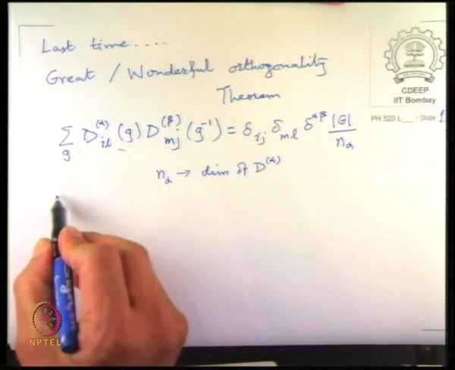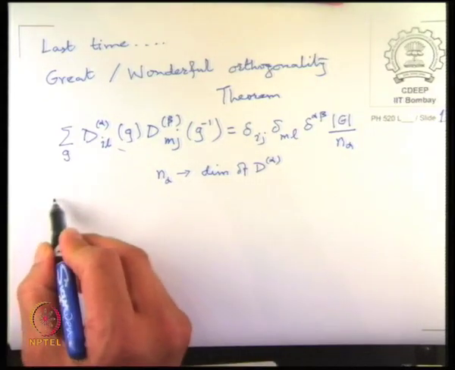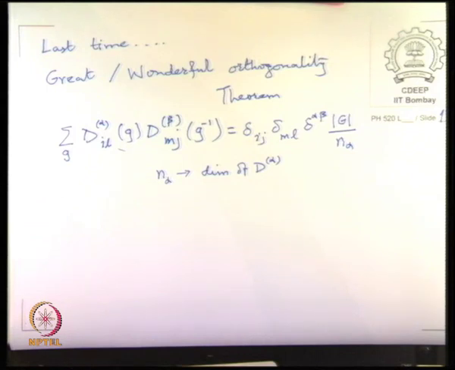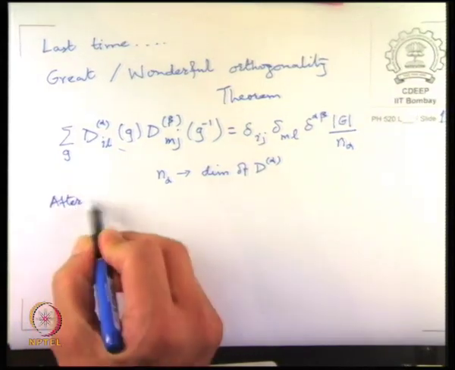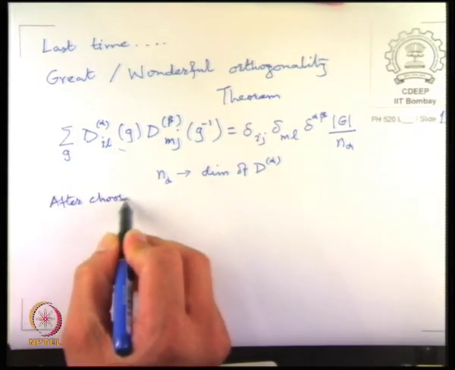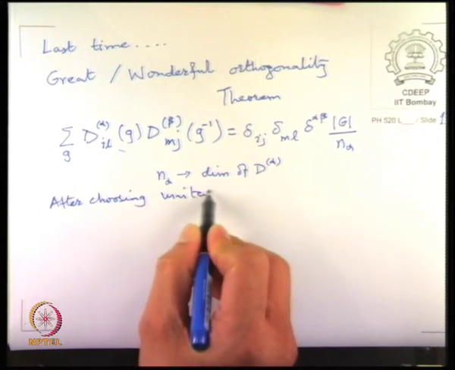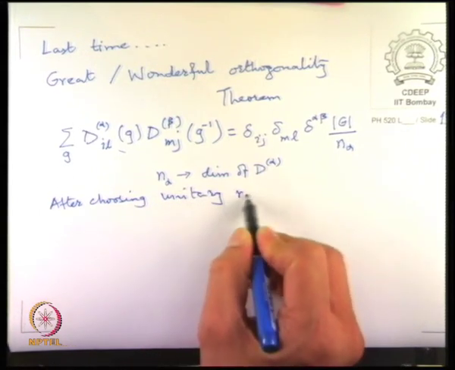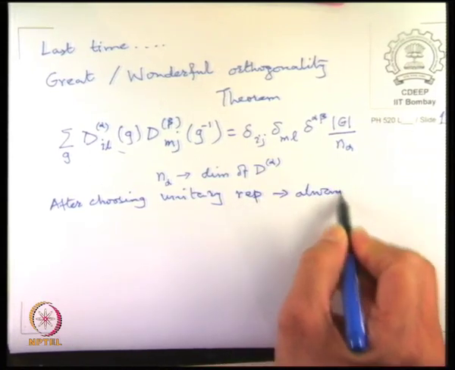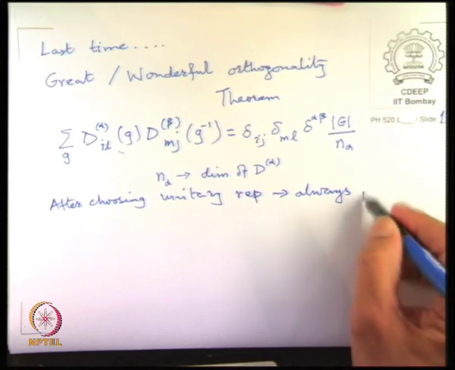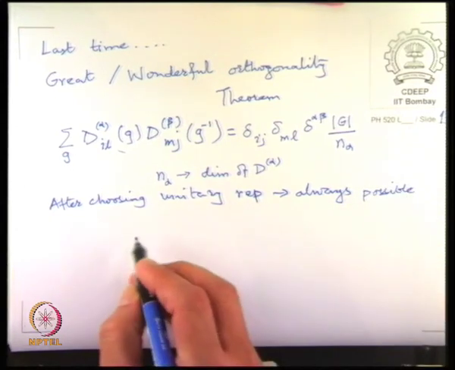And then, since a representation can always be chosen unitary, so after choosing the representation unitary, which is always possible, this we had proved as a separate theorem, we get